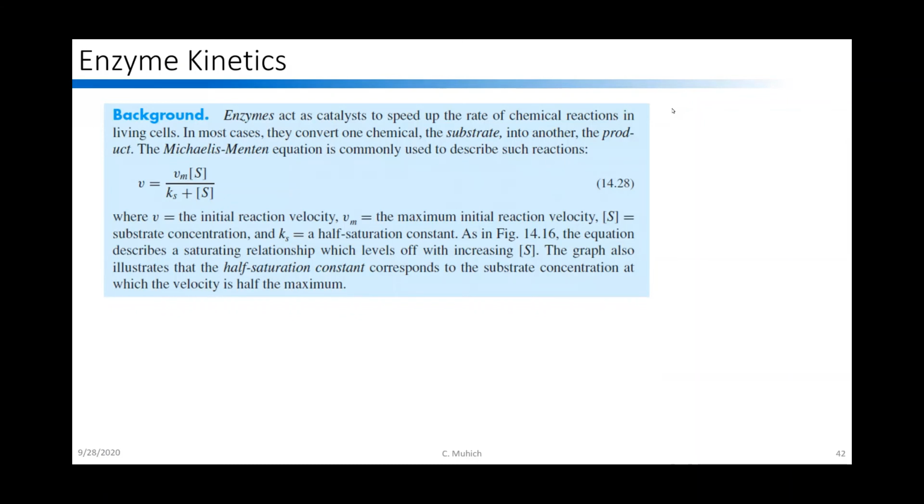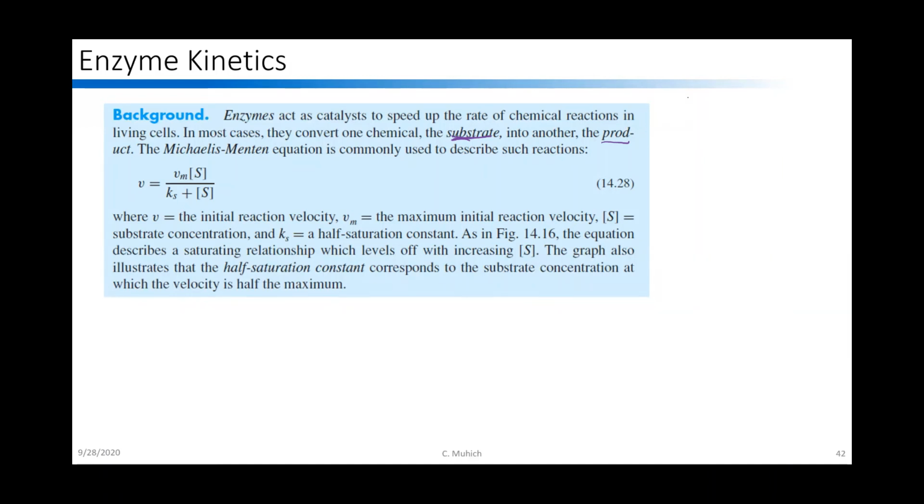Let's use these linearizations to solve a chemical engineering problem. We're going to look at a series of enzymatic reactions. Remember that enzymes are essentially organic proteins that are going to catalyze the rate of a chemical reaction, where we take the reactant, also called the substrate in biological systems, and convert it to some sort of product. In most biological systems, these can be described via the Michaelis-Menten equation,